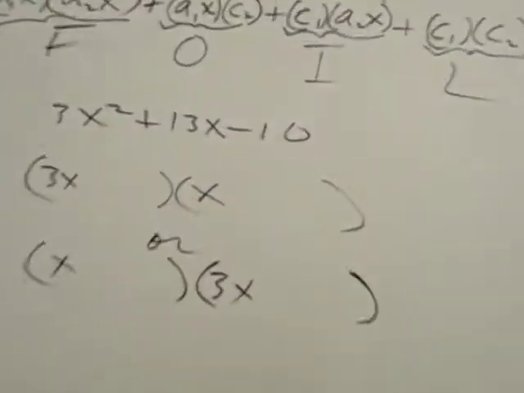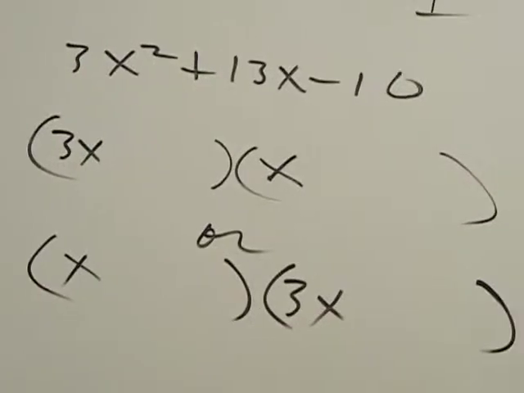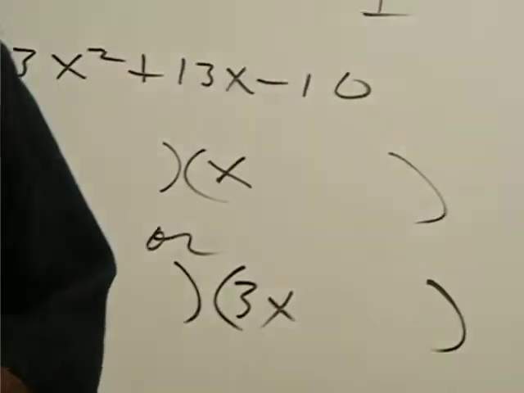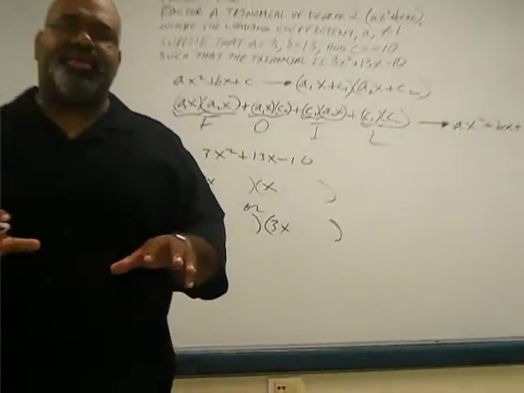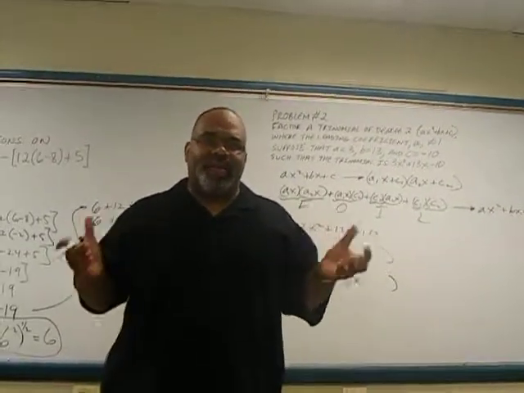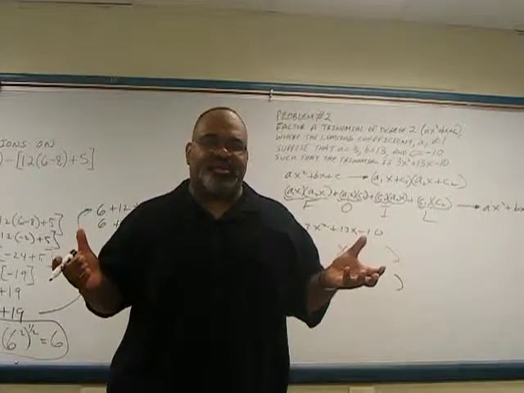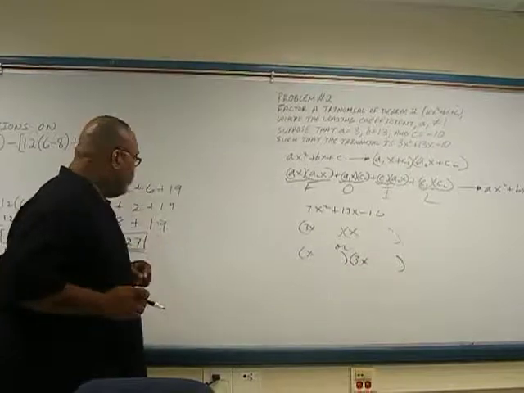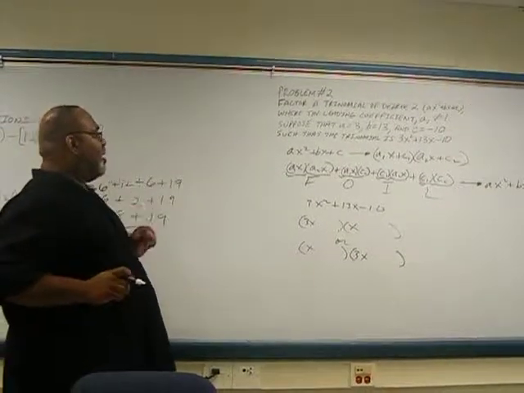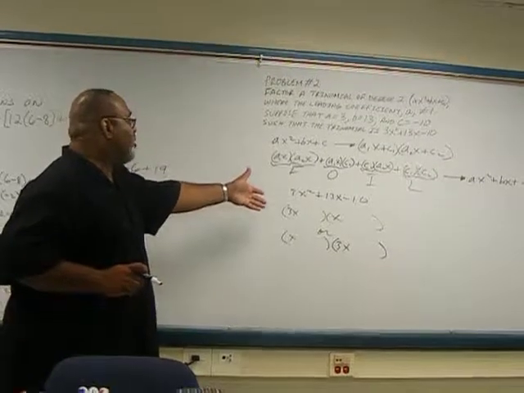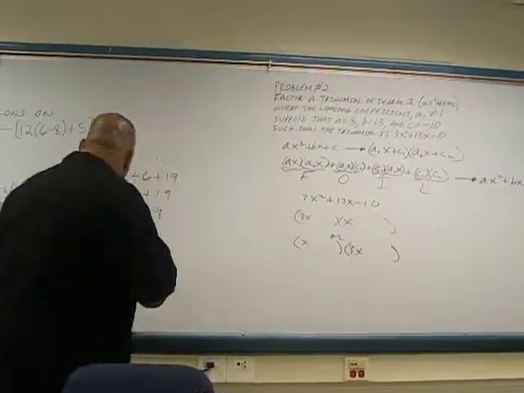No, it doesn't make any difference at this point, because in solving this, we're going to use trial and error, basically, to come up with the terms that work to make our multiplication process complete, okay, and accurate. So at this point, no, it's not going to make any difference. So we're perfectly legitimate to go with the 3x and the x, where I put